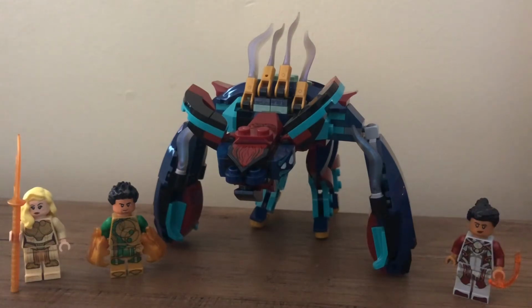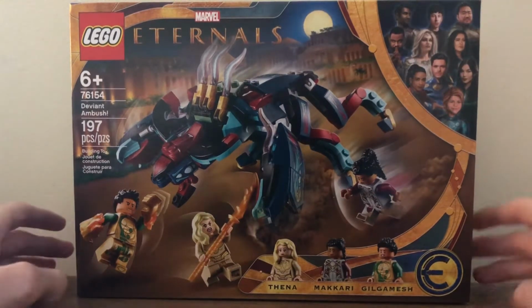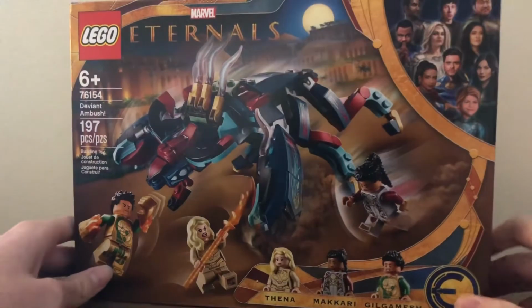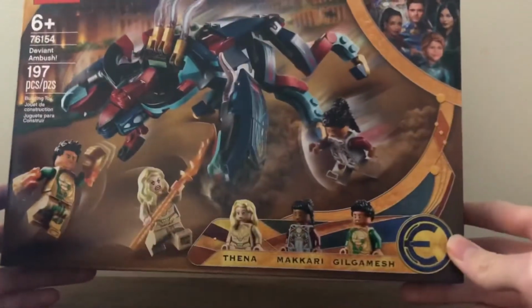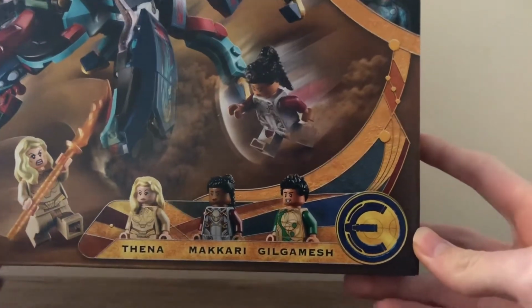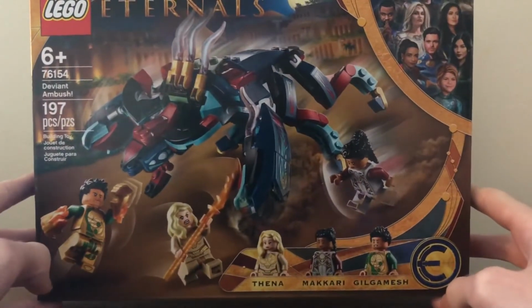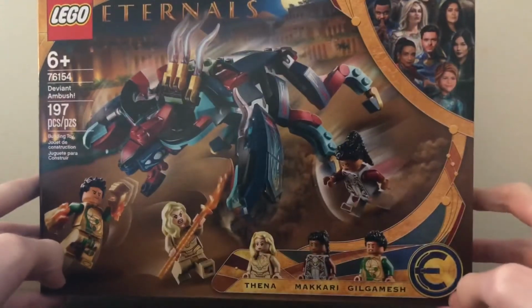Before I take a look at the build and then the minifigures, I'm just going to take a look at the box of this set. So here is the box of this set. It's a pretty large box given the amount of pieces. I would feel like this is maybe like a $40 set size box. But of course you see the minifigures there, Thena, Makari, and Gilgamesh, the Eternals logo there. And then you can see them all battling the